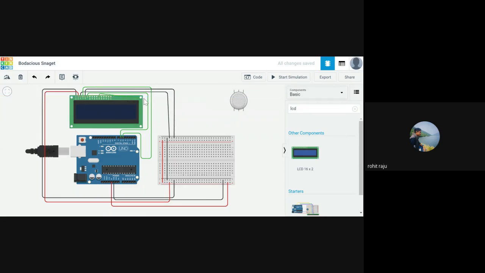So db4 right here goes to 8. db5, I can bring this directly down if that would be a problem. This goes to 9.